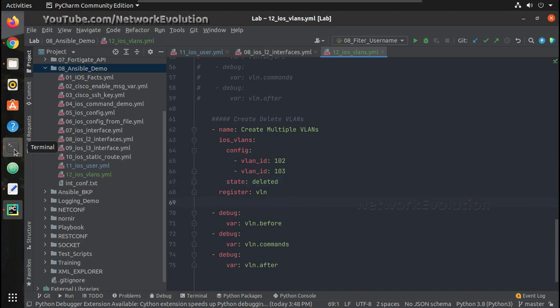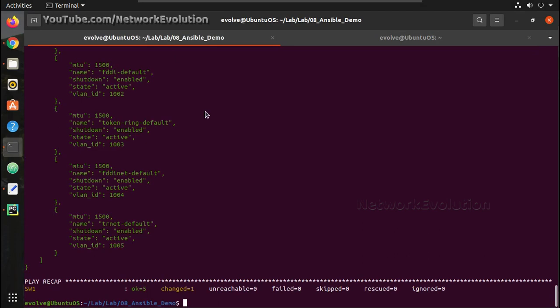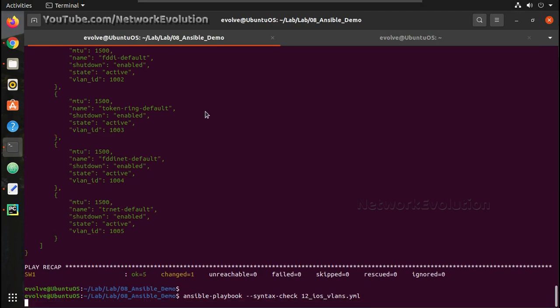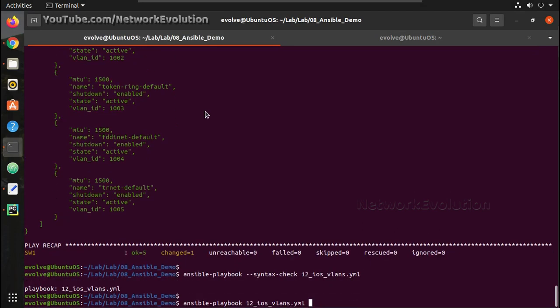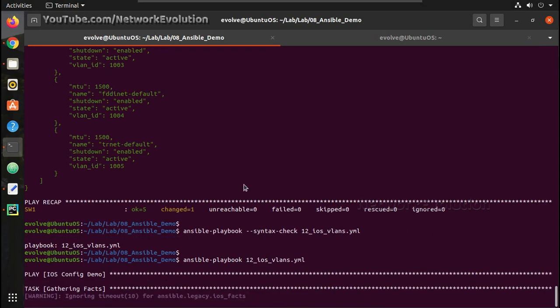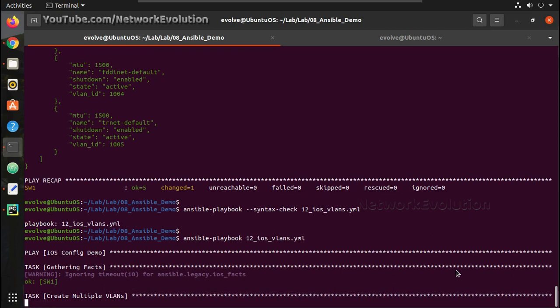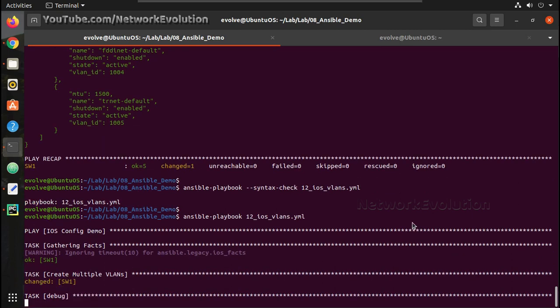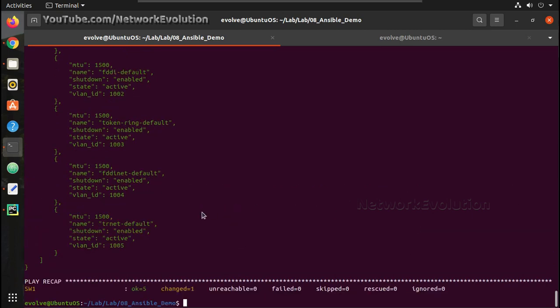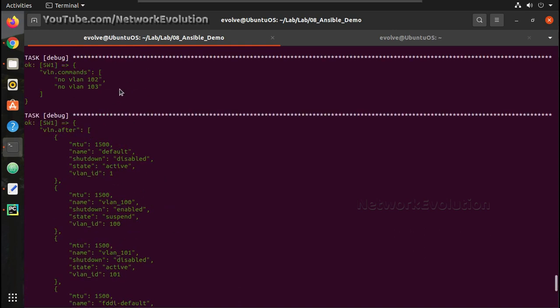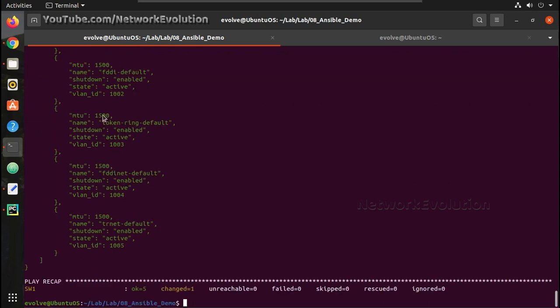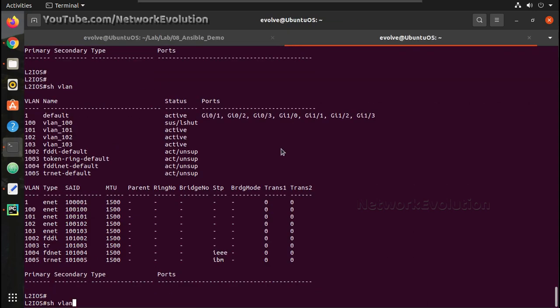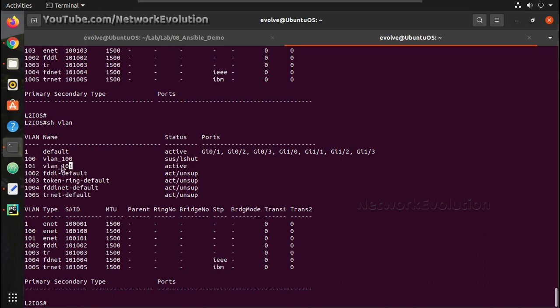So let us try running it. We can verify the command here. This is executing no VLAN 102 and 103 here, and in the device also we have only VLAN 101.